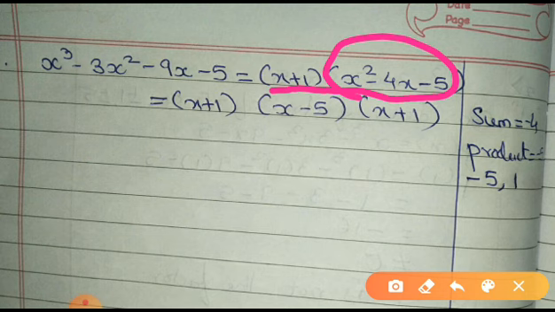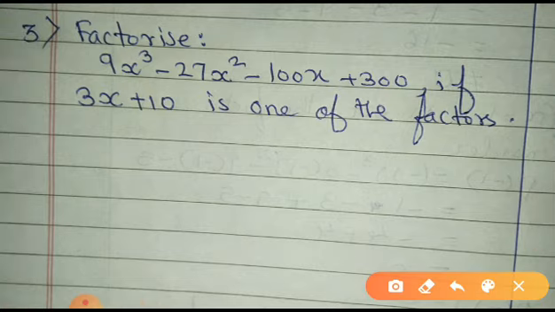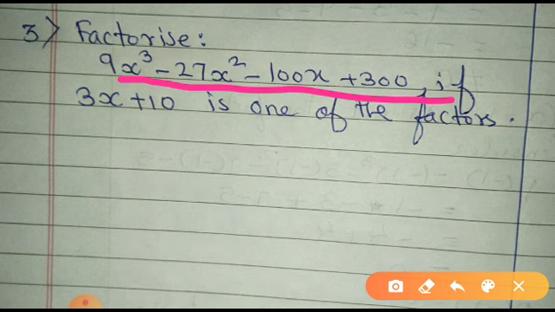And our previous factor was x plus 1. Okay. So we have factorized the given polynomial into product of 3 linear polynomials. Clear? Now the last question, factorize 9x cube minus 27x square minus 100x plus 300 if 3x plus 10 is